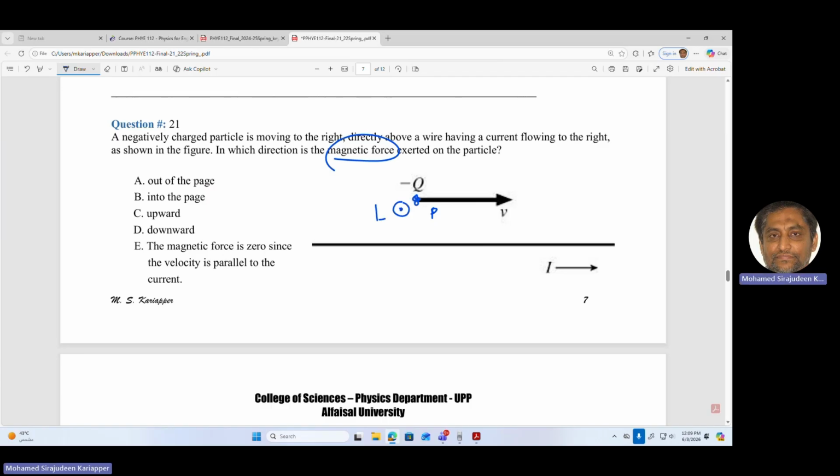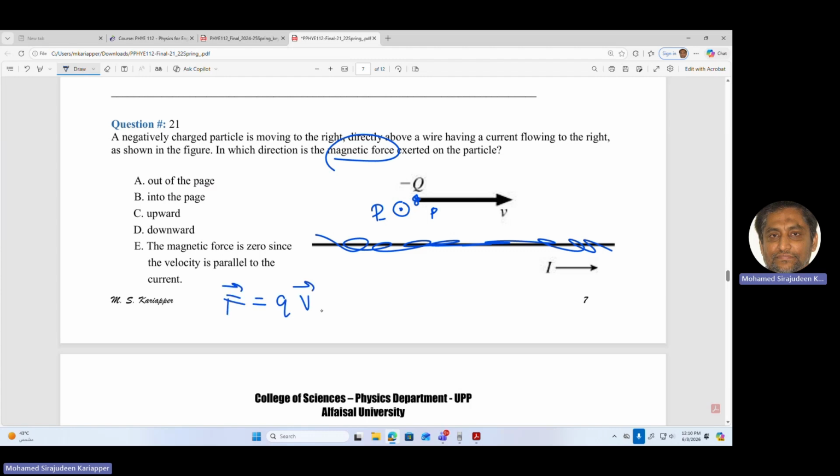Like this. Now forget about this wire. We don't need it anymore. So now we have reduced the problem to a charge moving in a magnetic field. The direction of the magnetic field is out of the board. The velocity of the charge is to the right. And I want to get the magnetic force. Magnetic force is